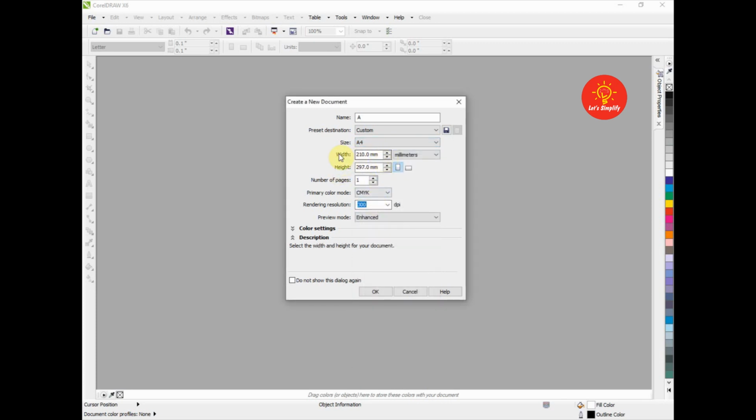Below that we can see the width and the height of our document. Right now it's in millimeters. On the right we can see over here there is a drop down menu to change the units of measurement. We can find various other units of measurement over here under this menu.